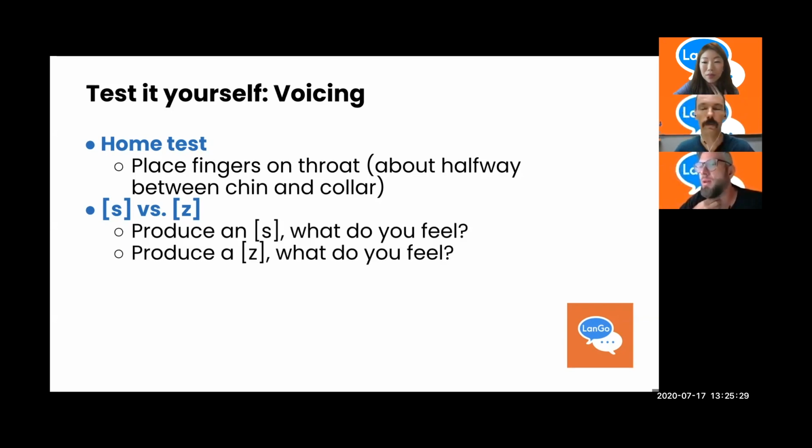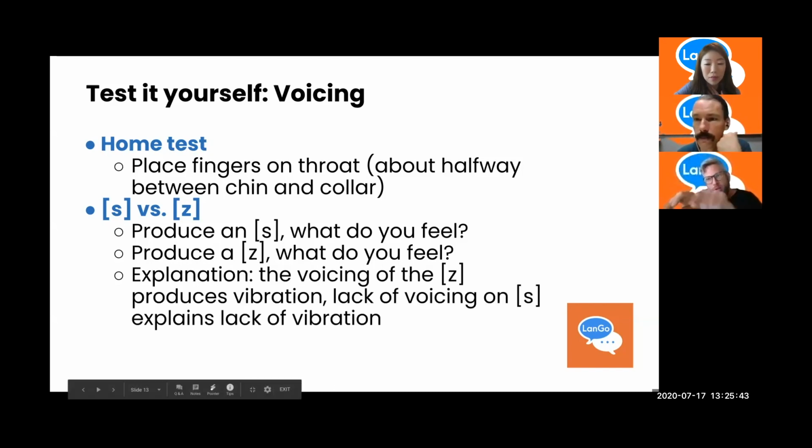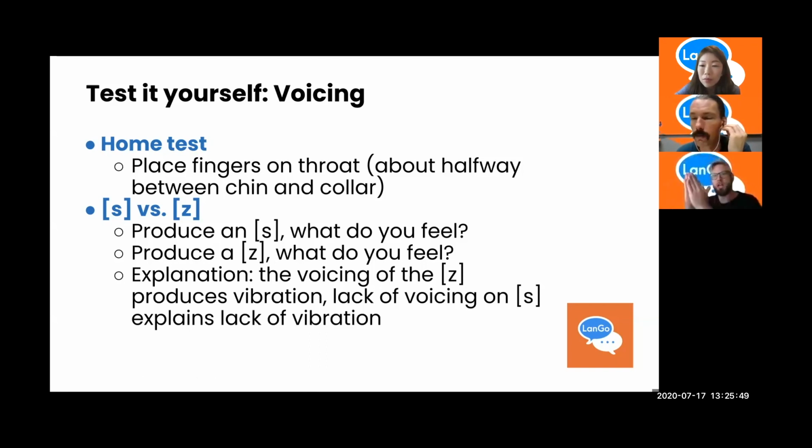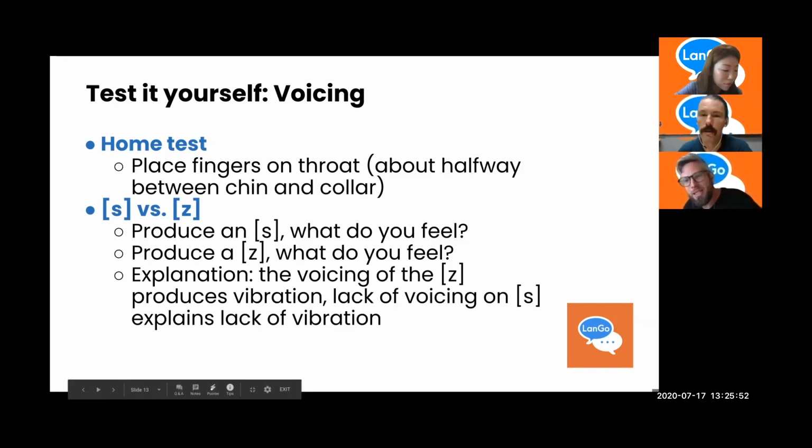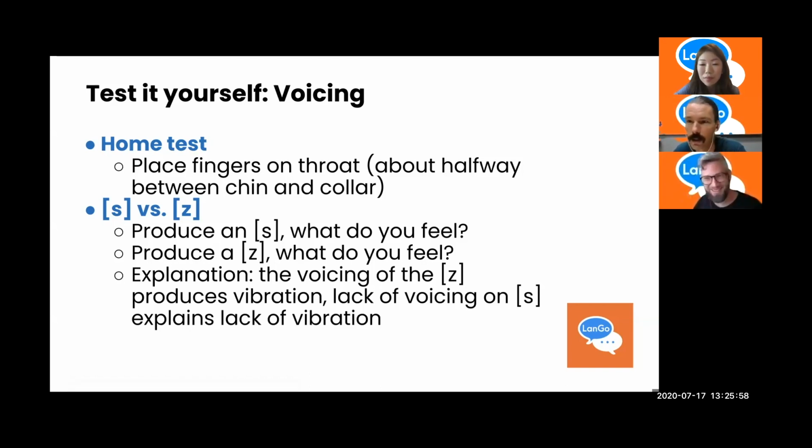Well, when I produce the S sound, I feel nothing with my fingers on my throat. But when I produce the Z sound, I can feel the vibration on my fingers, right? That vibration is the result of the vocal folds doing really close vibrations next to each other. They're almost shut, but not quite, and it's causing them to beat into each other. And that's the vibration you're getting. Buzz is a good apropos word because it describes that sound, and it contains a voiced sound versus hiss. S is hiss and Z is buzz. Buzz is entirely voiced from B to Z, and hiss, if you whisper it, would be entirely devoiced.